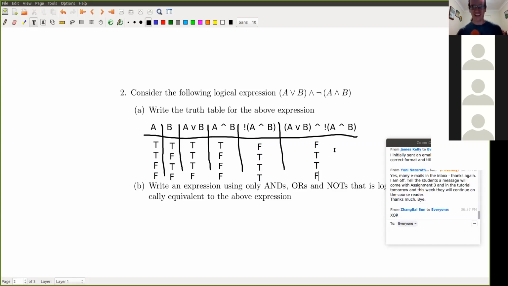Cool, it's an XOR, exclusive OR. It's only true when it's true or false or true. So that's why I said using only ANDs, ORs, or NOTs, because you could have just gone, XOR is equivalent to this guy. This one's going to be a little bit hard on the marker, because you could do anything. If I copy this expression,